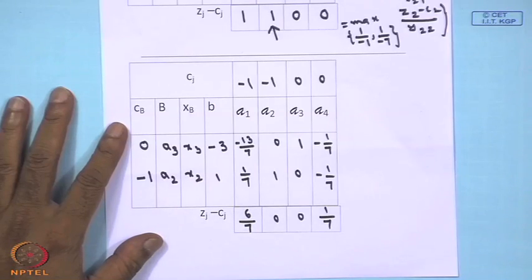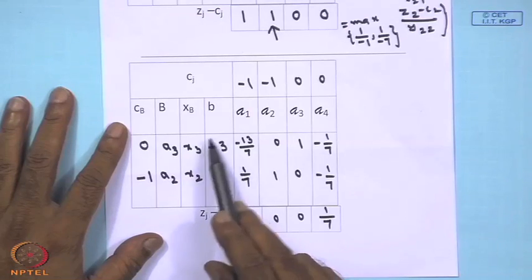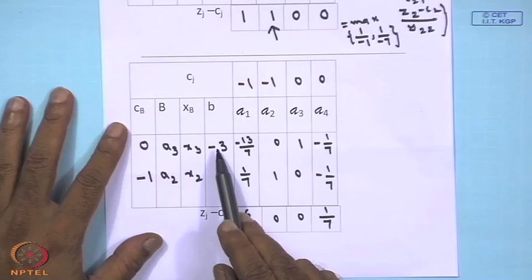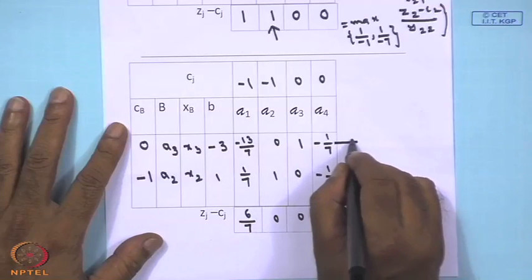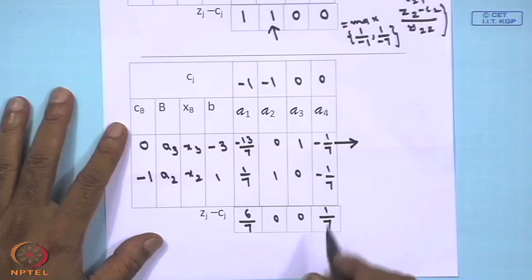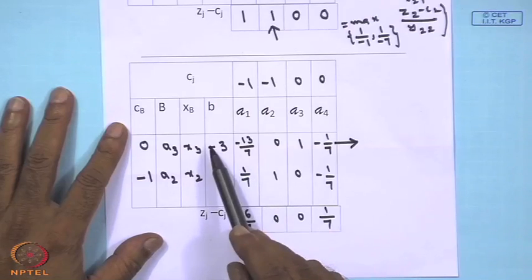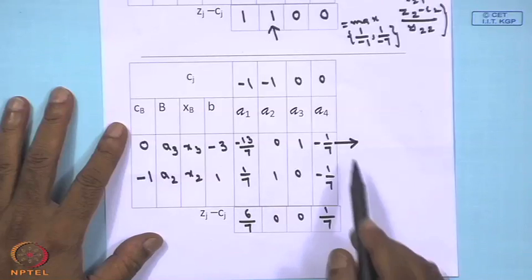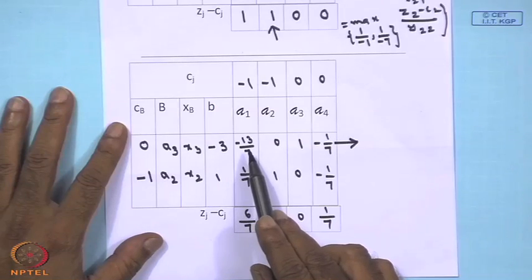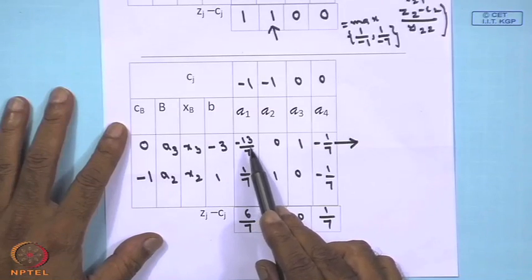Since in this basis you have only one negative xb value, your x3 will depart from this basis directly, without calculation, because you have only one value, the minus 3 only. And what will be the entering vector corresponding to this? You have this one, minus 6 by 7, by